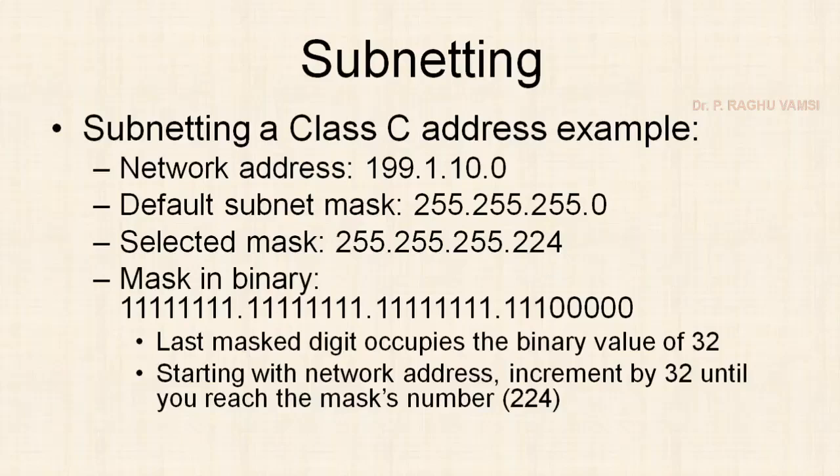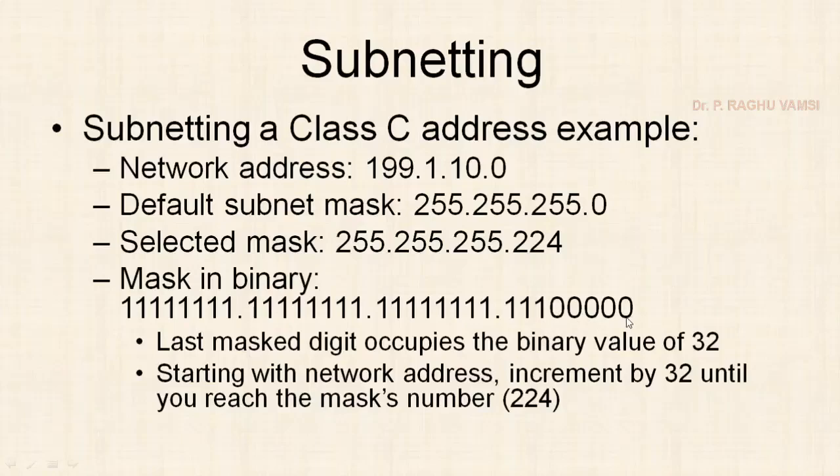First of all, we should see how many subnets we can create at maximum, because it is two ones. Whenever you convert 192 into binary, it will be 1 1 followed by 6 zeros. That means 2 power 2, that means 4 subnets you can create. Here, total 6 zeros are there, 2 power 6, which is equal to 64. So 4 subnets you can create.